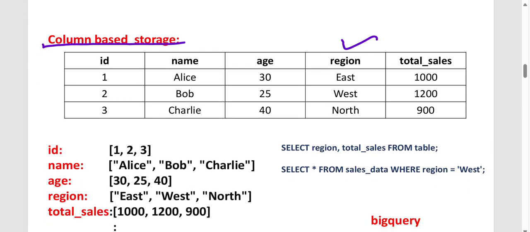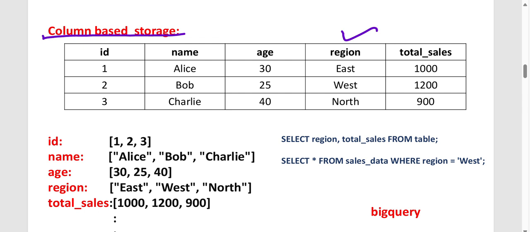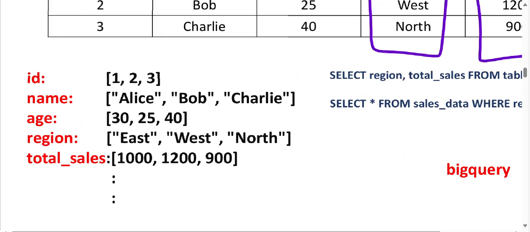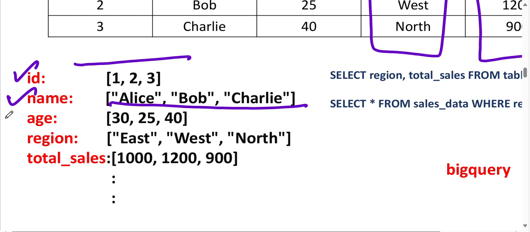So in this case, column-based storage, here we have the region, here we have the total sales. Now what is happening? BigQuery directly goes to the column. If you observe how it stores, the ID column, everything belongs to one part. Next, the name column, everything will be written here. The age column, everything will be one set.